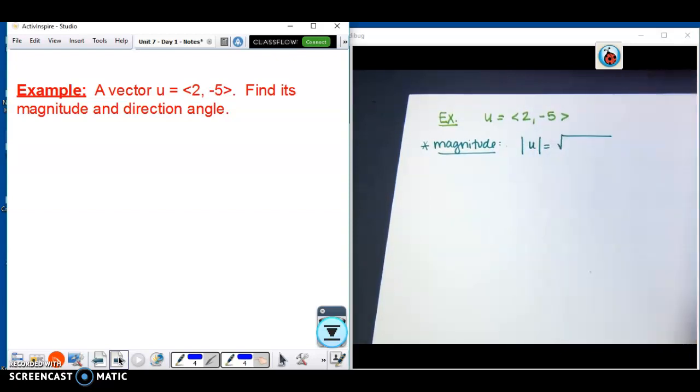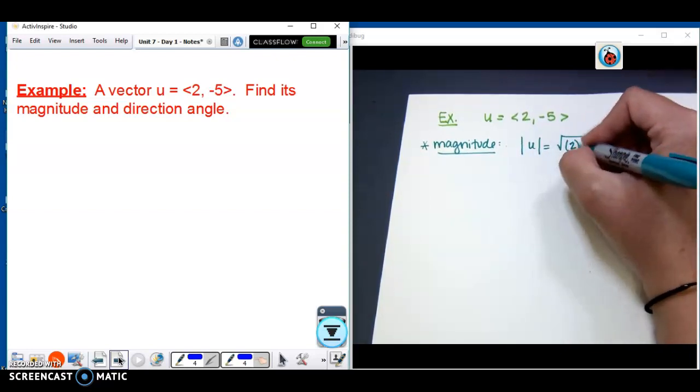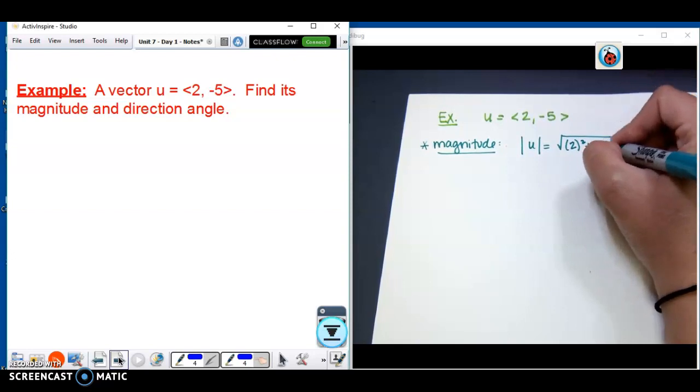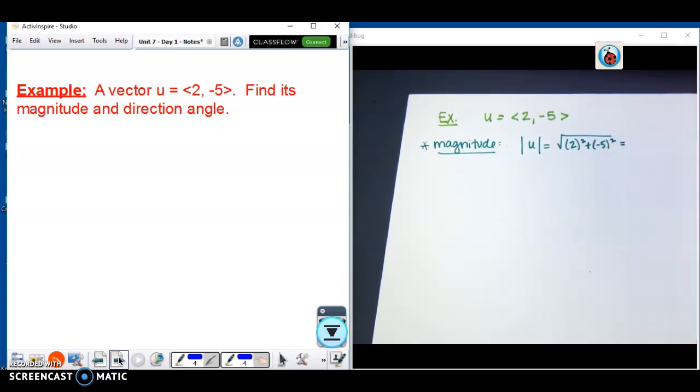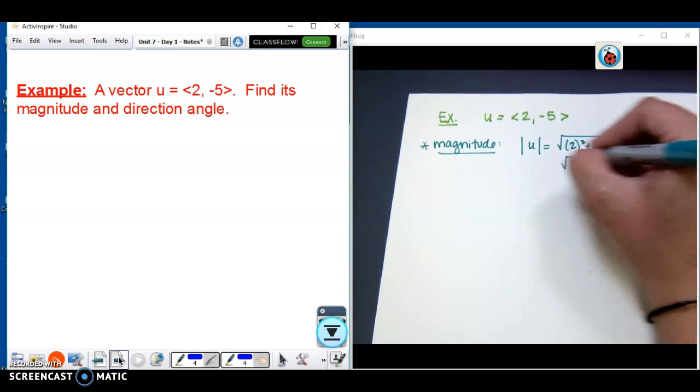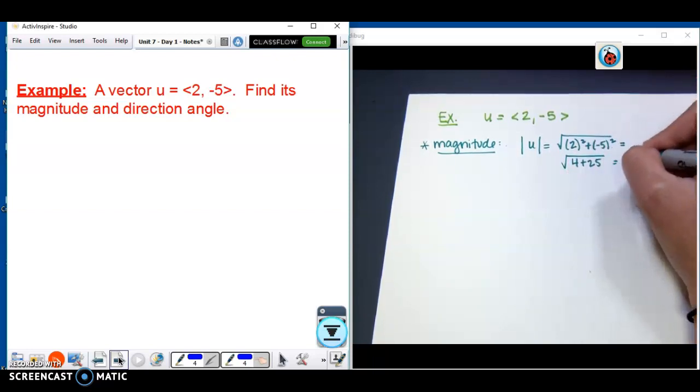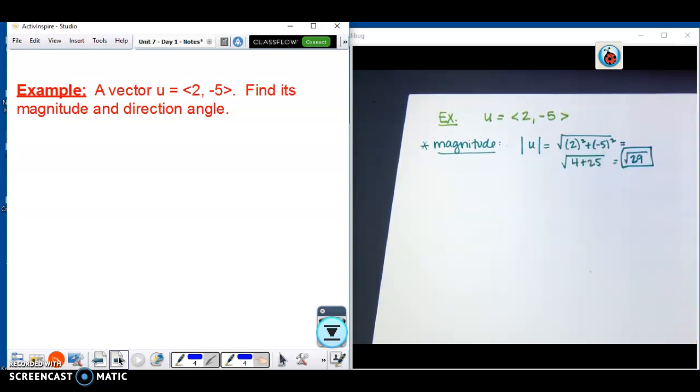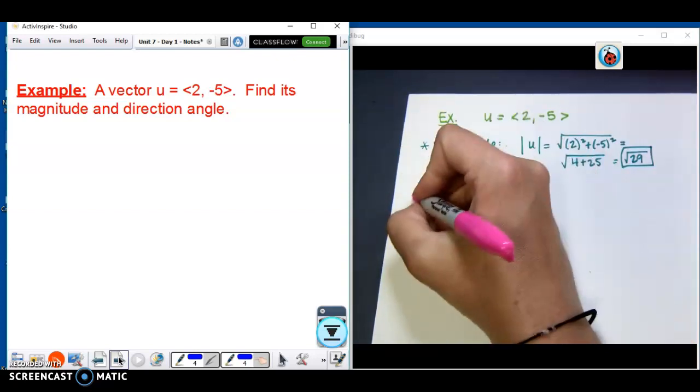So we're going to be doing the square root of 2 squared plus negative 5 squared, which will give us the square root of 4 plus 25, the square root of 29. Okay, so that's not anything new. Now, to get your direction angle,